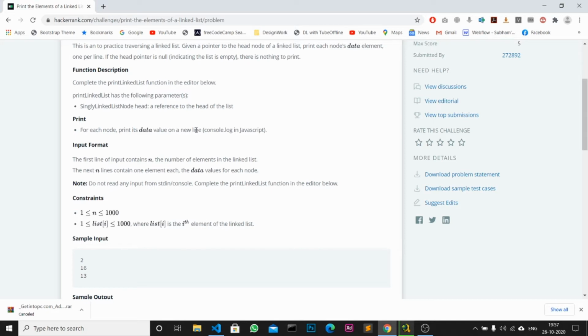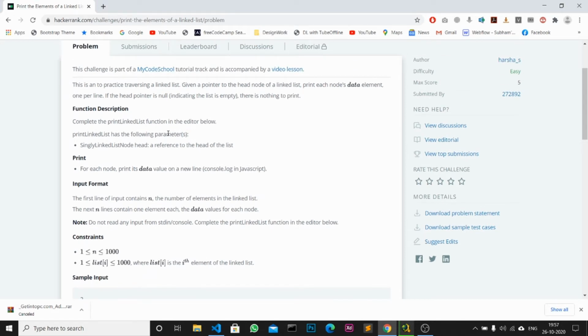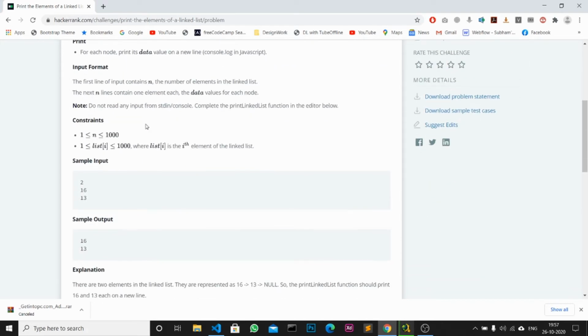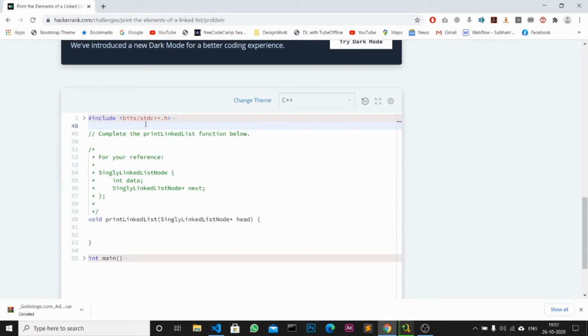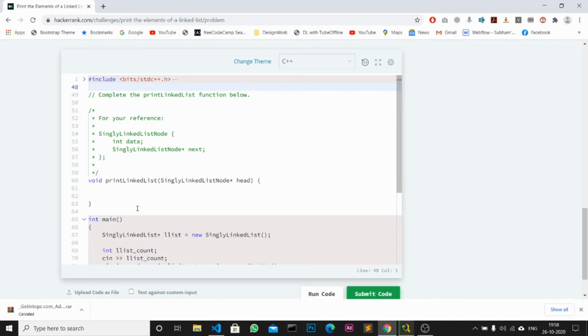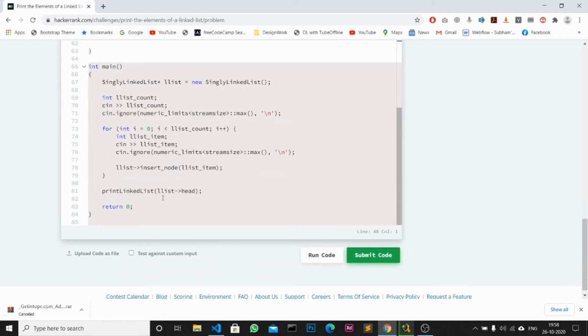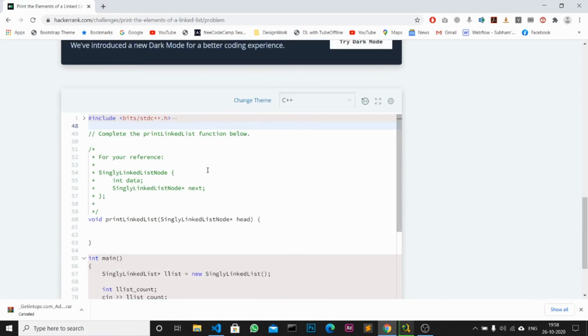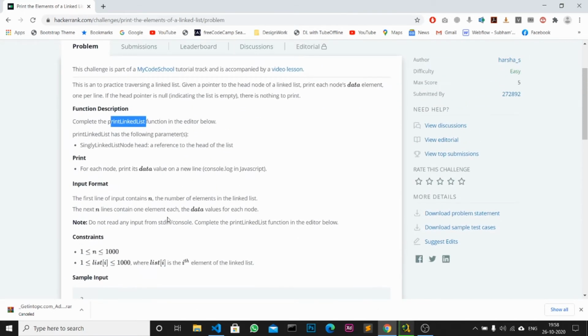So what I have to do basically is complete this print linked list function. It is written in C++, and the entire linked list has been written already. So I have to complete the print linked list function.